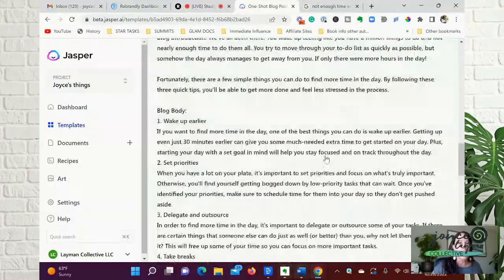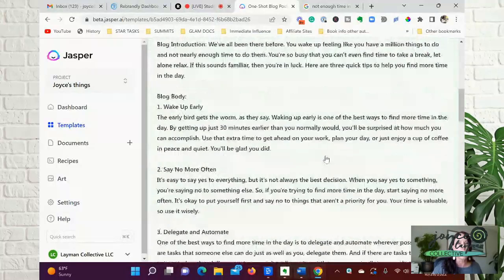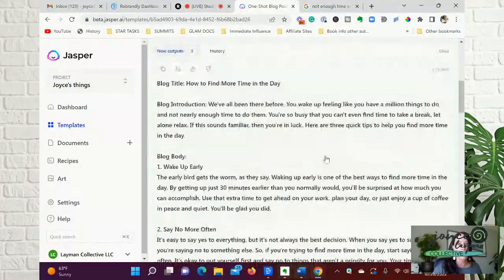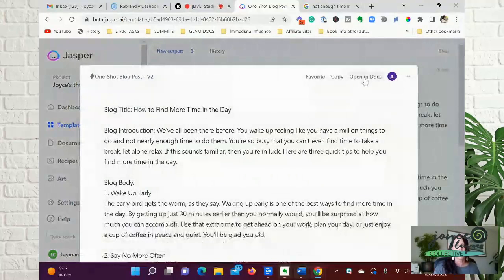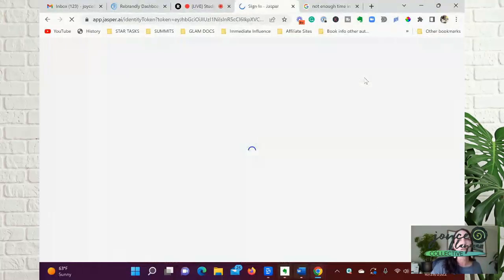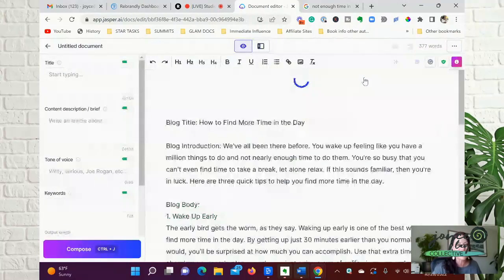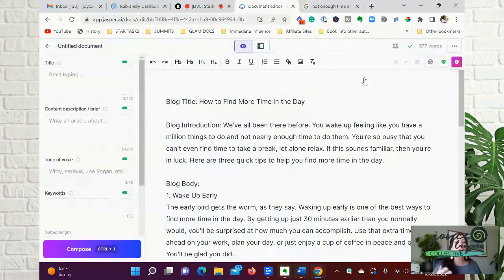So when I look at this, the cool thing that you can do right here is if you click on this piece, it's going to say open in Docs. So let's hope that Restream, which is what I'm using to record this, immediately pops over. So now I'm in a document within Jasper. All I had to do is click it and it saves.